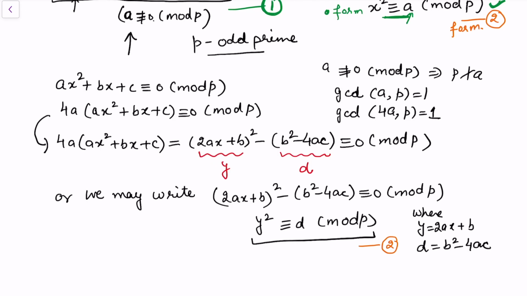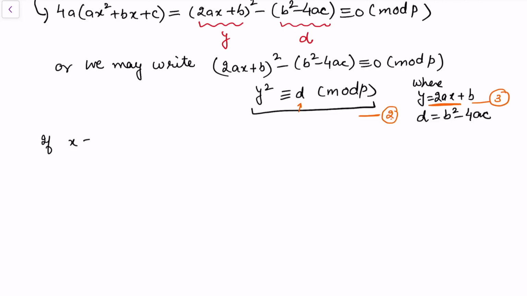It is not exactly the same quantities, but we can see here there is a variable y square, and there also a variable x square. On this side there is a constant a, and here we got the quantity d. This means whenever we want to solve equation number 1, we want to solve equation number 2. And the linear congruence attached with this is the one given by equation number 3.